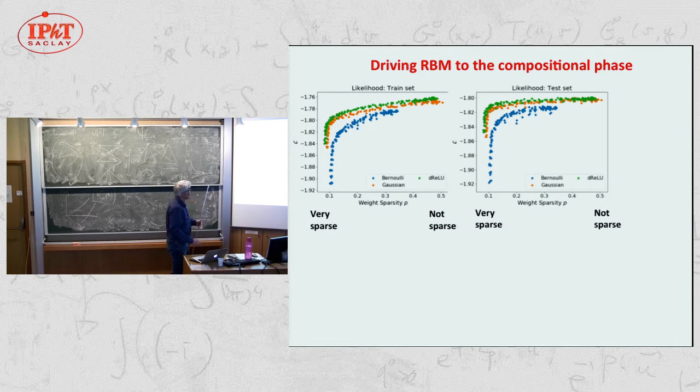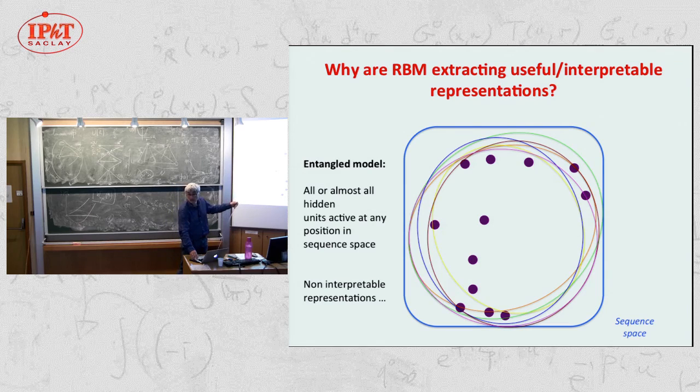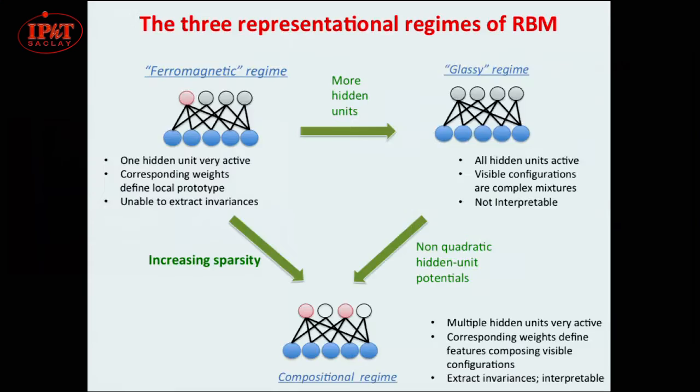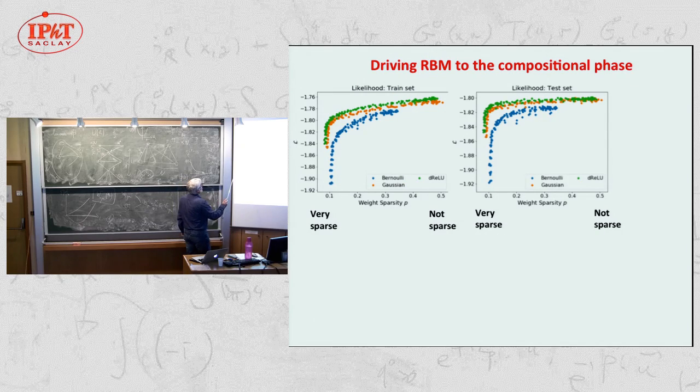And this will be my last slide, in two parts. The issue of sparsity is very important, because otherwise you end up in some kind of representation like that, which is very bad. So we want to force this kind of representation. And as we saw from the phase diagram, the sparsity of the weights is absolutely crucial for that. Here you can see, as a function of the sparsity, which is really forced by putting in some prior, the likelihood of the data on the training set and the test set. Maybe look at the test set for the rectified linear units, which is this one, I mean, the double rectified linear unit. So the important thing is that